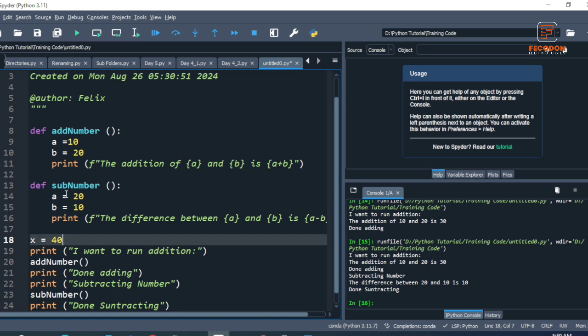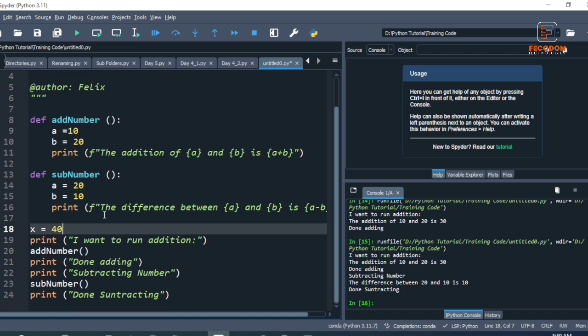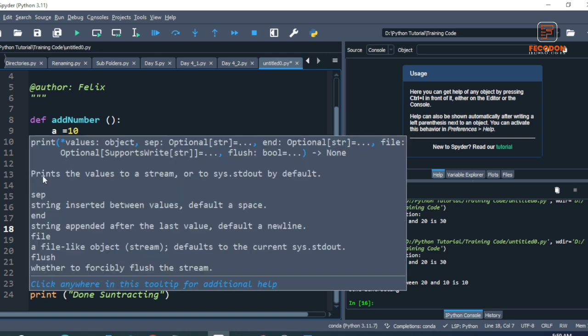I cannot access this variable in any of these functions if I did not pass it to the function. So this is just the variable I created here. If I also create a variable in a function, once the function is done, that variable is terminated. I can't access it any other place in my code. So if I created a variable in my code and I want to work with it in my function, what I will do is pass that variable to my function and then work with it and probably